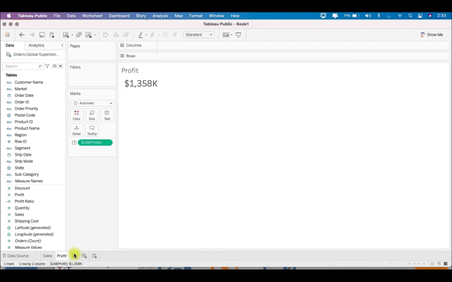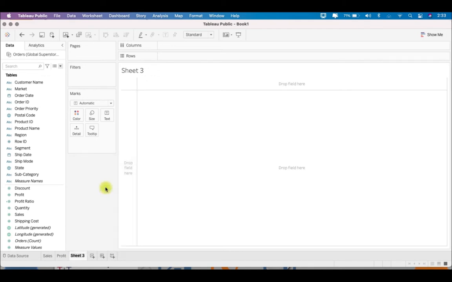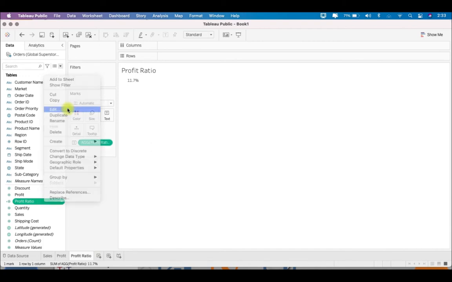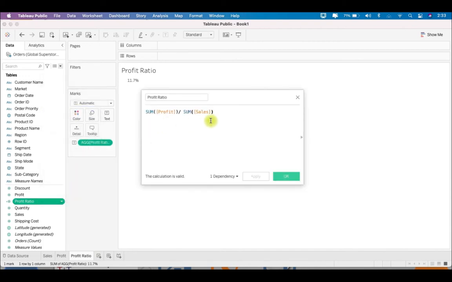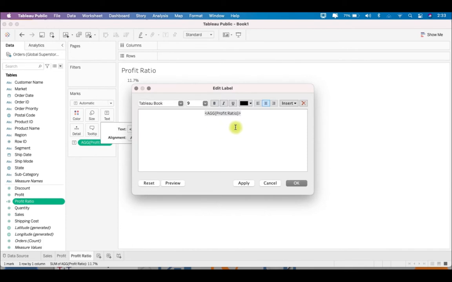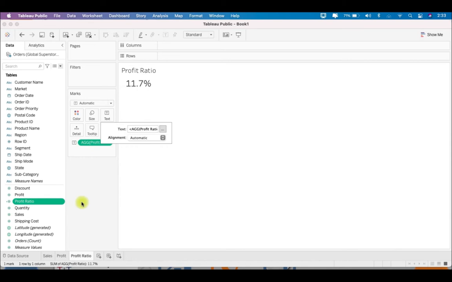Then we want to build profit ratio. So now drag the profit ratio over here. By the way, profit ratio is nothing but your sum of profit divided by sum of sales. Now for profit ratio, again you can make this font 20.